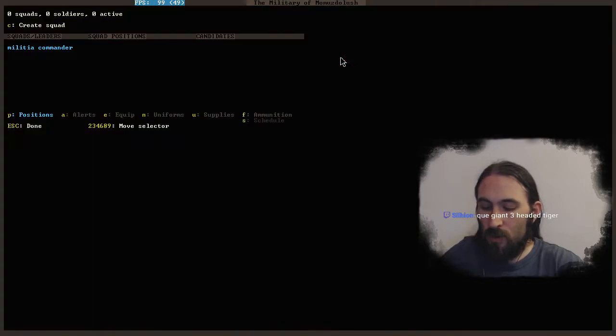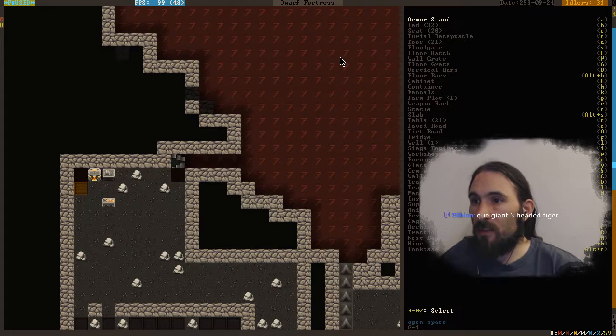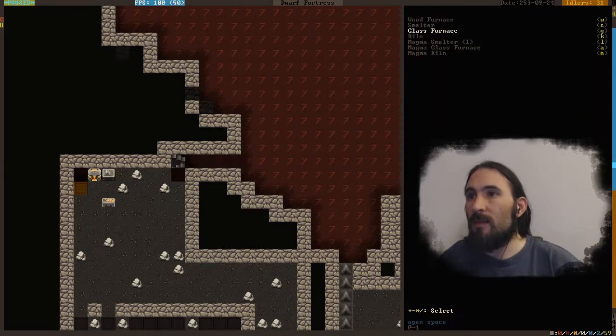Good. A new workshop. No, that's not it. Build forges is something weird, isn't it? It's not in the workshops. Or is it? Is it E for forges? It is. There we go. And we'll have a magma...